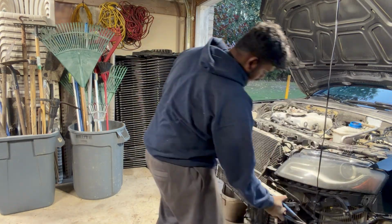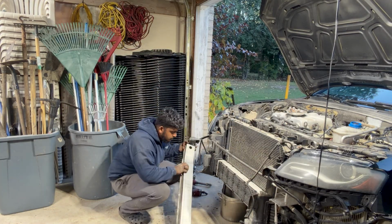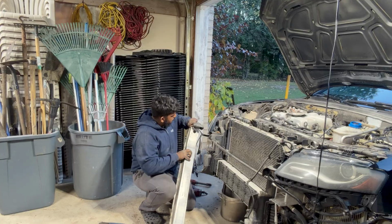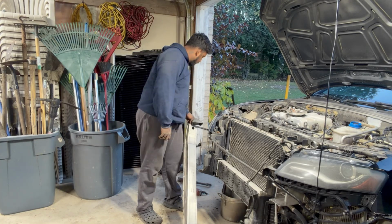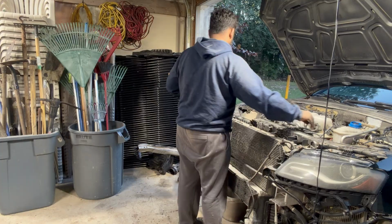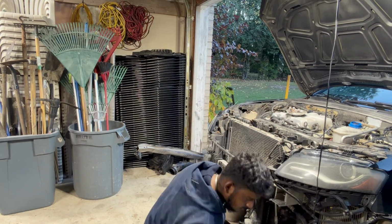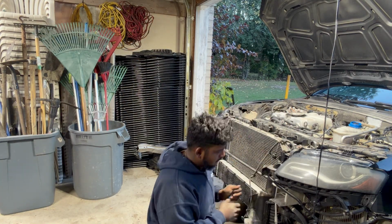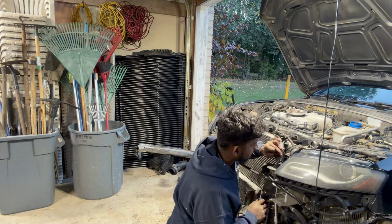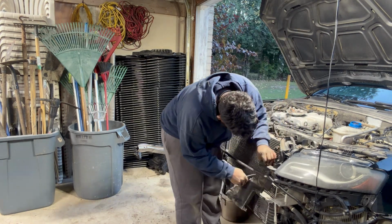I started taking off the crash bar right there, or bash bar. It's only, how many bolts? It's 2 bolts. Took that off, and right now I'm just going through all the connectors and taking off all the coolant hoses, tranny cooler lines, power steering lines, taking all that off the front end because I'm pulling this as a complete unit. So